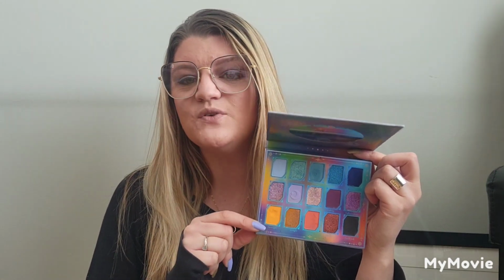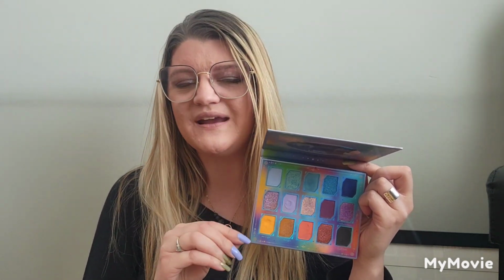Minus Neptune, I really haven't been pulling it into that look as much, but I've been wearing Warm Light in the inner corner a lot, and that's really how I'm getting the usage on this shadow. Haven't really worn it any other way. I've been debating wearing it all over the lid, but I think it might be a little bit too much for me. I could obviously pair some sort of shimmer or iridescent shade on top of it to kind of